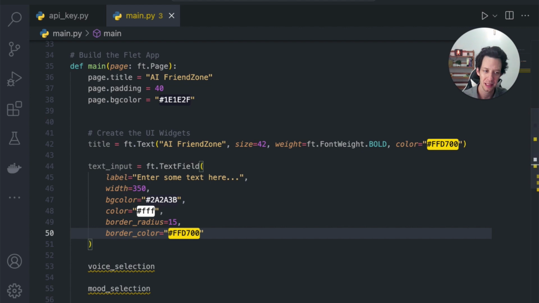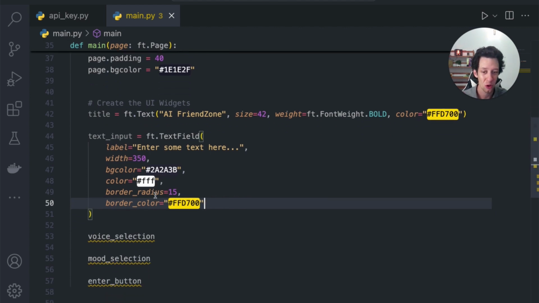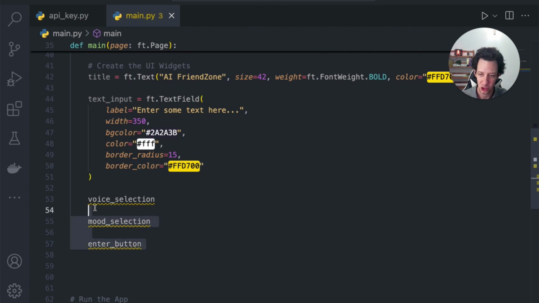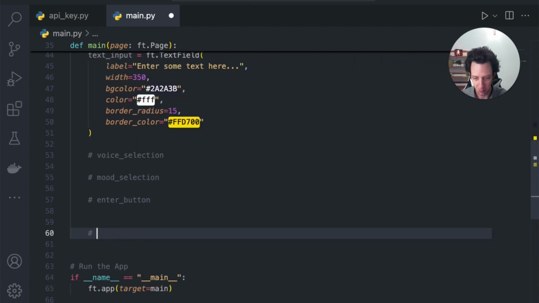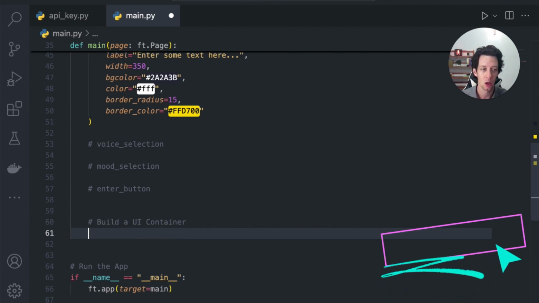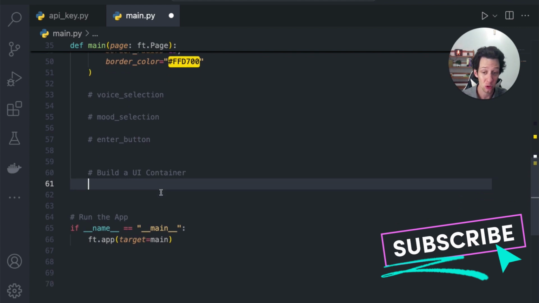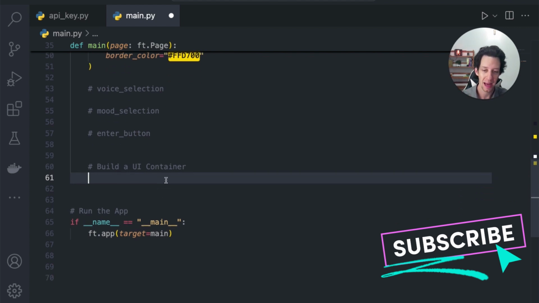I have 2 items here, okay? But note that these items are nowhere to be found in the application. So if you run it, you're not really seeing anything. We want to build a UI container. This container is going to hold everything that we create and return it back to the page. This is an important part of Flet. So I could come here and I'm going to say